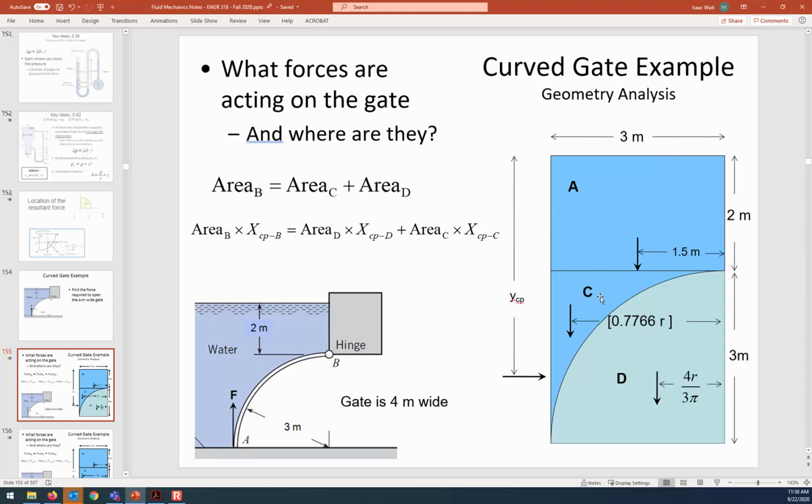To calculate the area of shape C, you find the area of the 3 meter by 3 meter rectangle and then subtract out the quarter circle. Okay, so we need to find out what's the volume of the water there. And let's see, Zachary's got it correct. Zachary has the force, what he's just typed in there, that's FC. So good job, Zachary, nicely done.